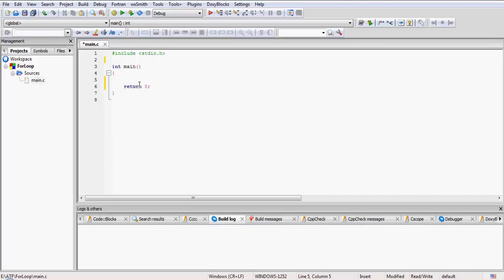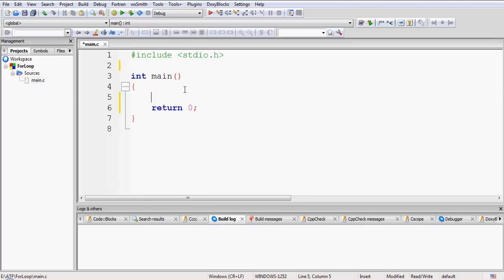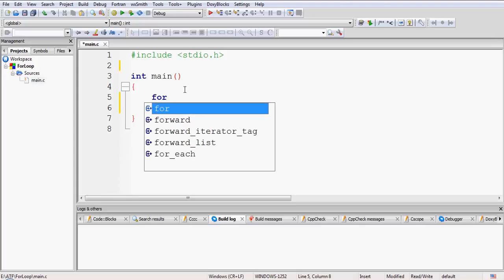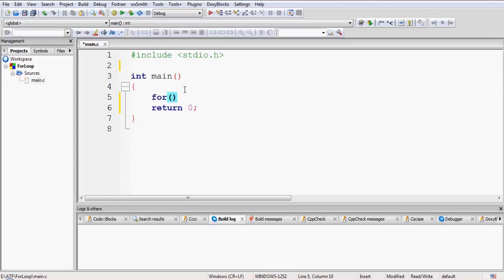So now we should learn about the syntax of the for loop. Before that, let me just zoom into the code so that it is more visible. Okay, now I will write over here the for loop. For, which is a keyword, then comes your brackets, and within these brackets the syntax is divided into three parts. Okay, first of all let me write it in a comment so that it is not executional. Okay, so I will write over here the first part, which is the